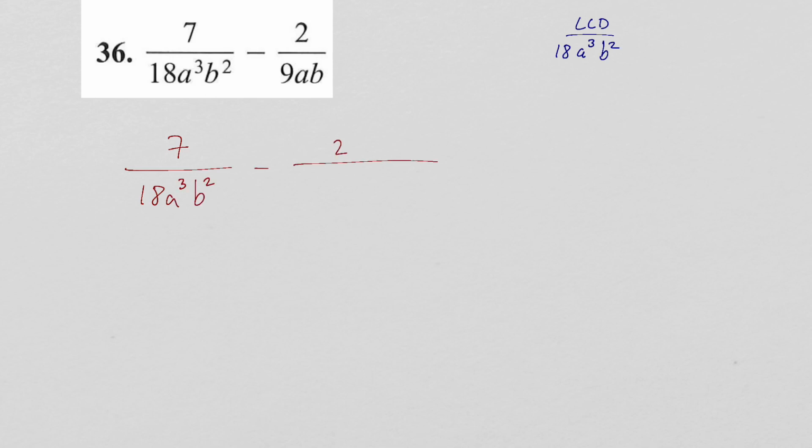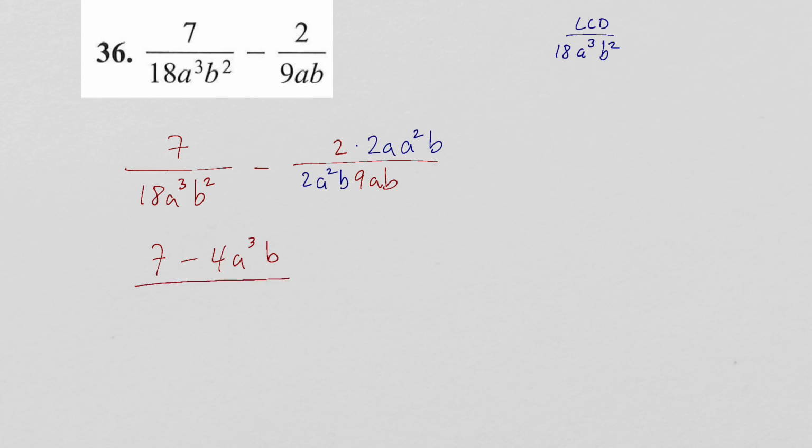But on this second one, to get from 9ab to 18, we're going to have to multiply by 2 to get to 18, by a squared to get to a cubed, and by b. So we'll multiply the top by those things as well. And then, so we're going to have 7 minus, this becomes a 4a cubed b all over,